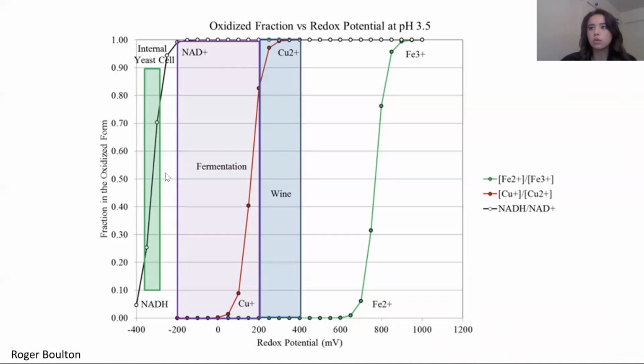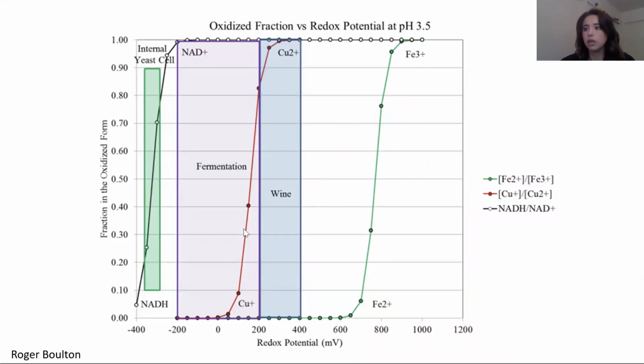We see in this green square the intracellular environment for the yeast. And we see that it's much lower in ORP than the juice or wine environment, which is a factor in why redox gets driven downwards in fermentation, since they're putting out compounds into the environment. And the NADH reaction, as well as other reactions related to metabolism, need a certain redox environment to proceed. So if this is the basis of the yeast metabolism, it makes sense that the intracellular environment would be different than the extracellular environment.